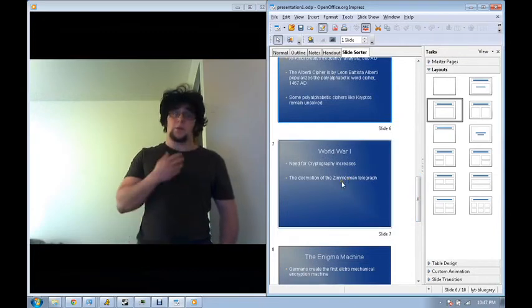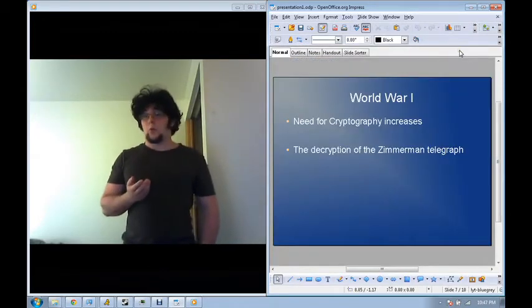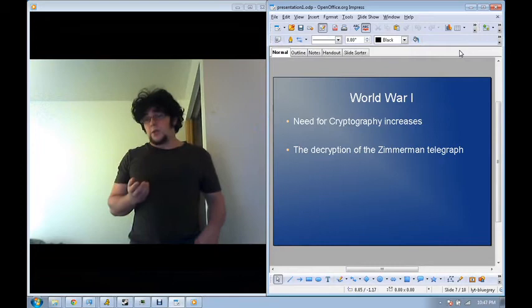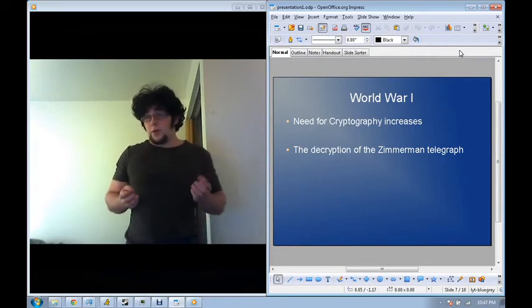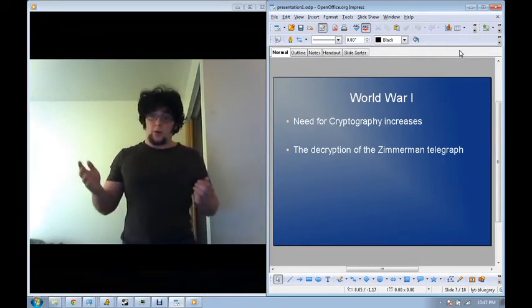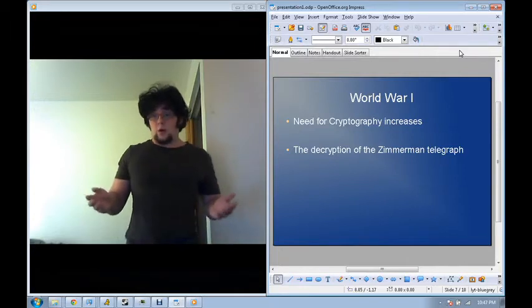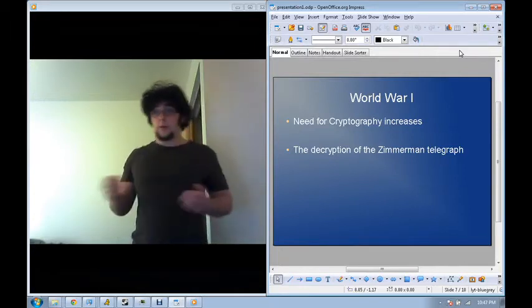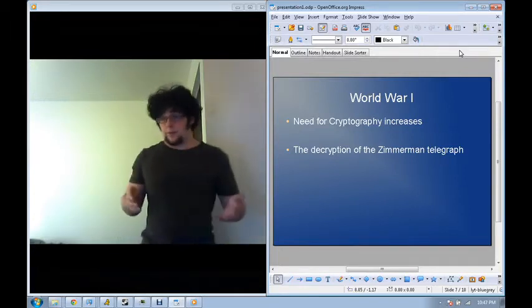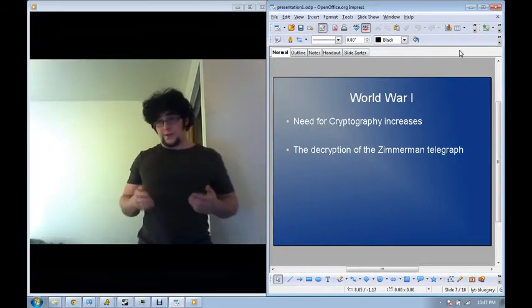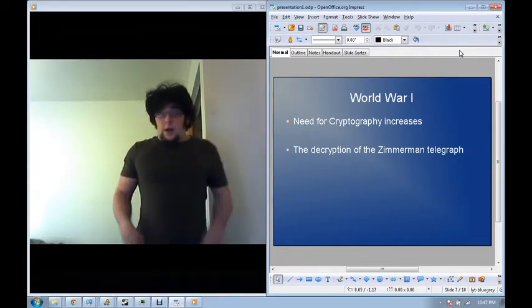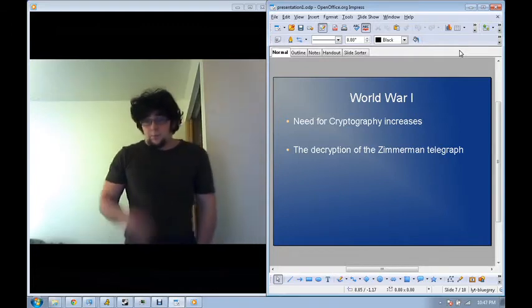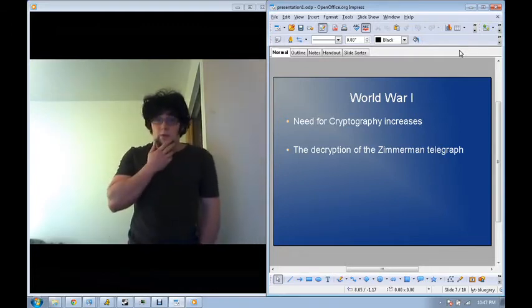Cryptography became increasingly important during World War I. This was the first major example where cryptography would make or break you. With the war came a subsequent war of our cryptographers versus their cryptographers. Whoever could crack the enemy message first would have a decided advantage. And it would often turn the tide of battle. The biggest example would be the Zimmermann telegraph.